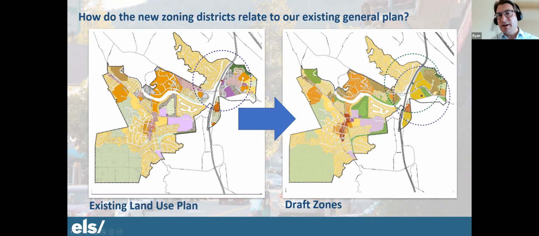The downtown color is slightly different. This uses a crosshatch, but we adopted just a dark red color. That corresponds, and so that's 2 to 3 stories, which is also consistent with that zoning. We have the orange, which in your general land use plan is predominantly apartments. And we've applied that to the same boundaries that were defined. And I took your existing map and I overlaid it onto our new map.